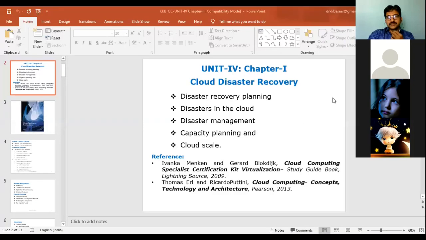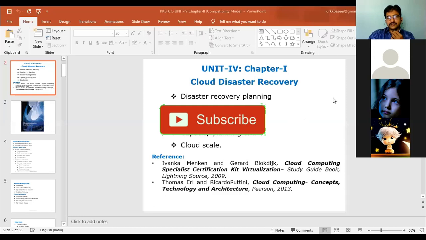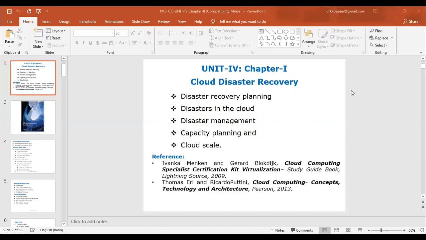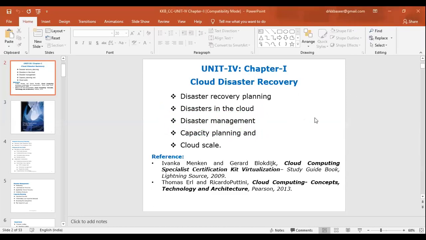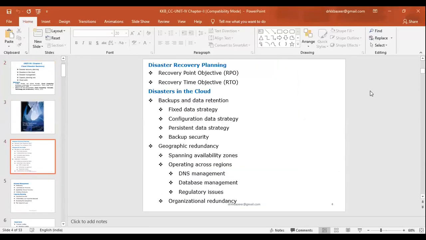Going to be discussing. So this is just a glance for you, where we are in the last topics, what we have discussed. We started chapter 2 of unit 4, that is cloud disaster recovery. Under that we have completed the first topic, that is disaster recovery planning, as well as we have started disasters in the cloud.